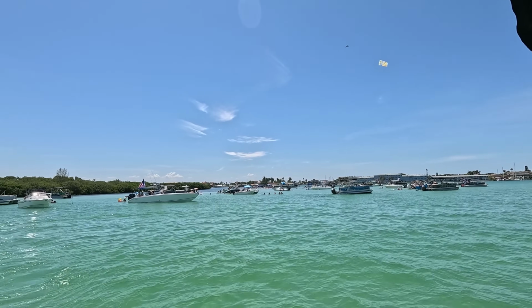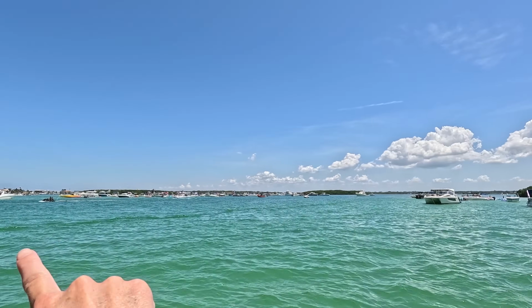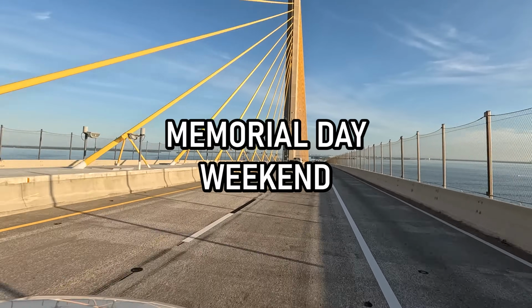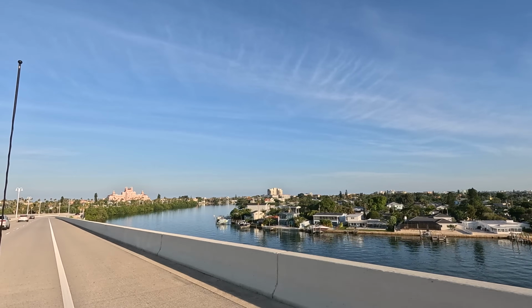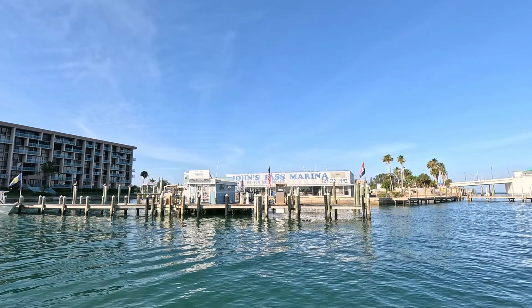So here it is, folks. Sandbar, Johns Pass, Memorial Day weekend. Today we're meeting up with some friends and family to go out on a pontoon. We've made it out to Johns Pass Marina and we are leaving really early because we know that this area